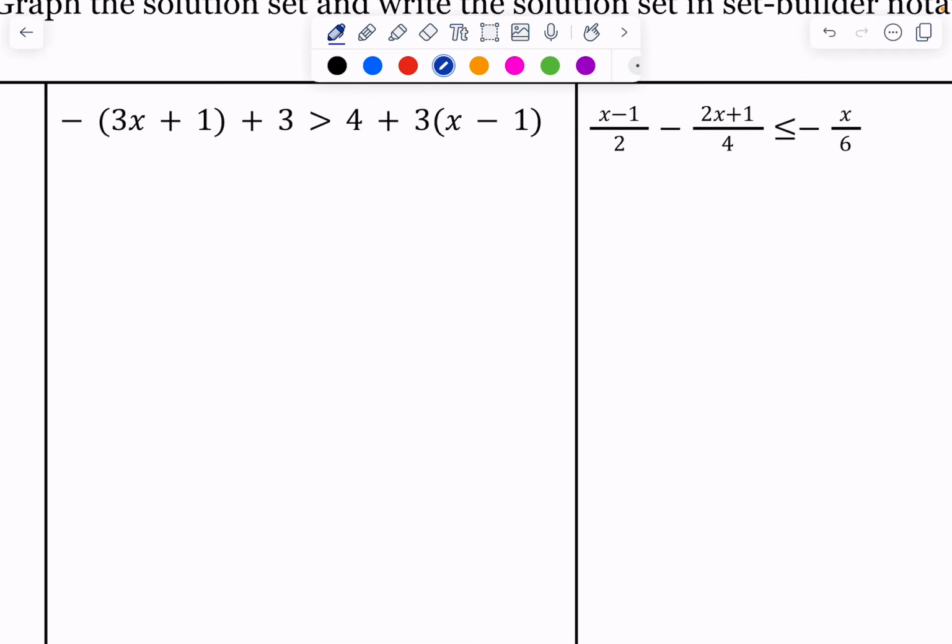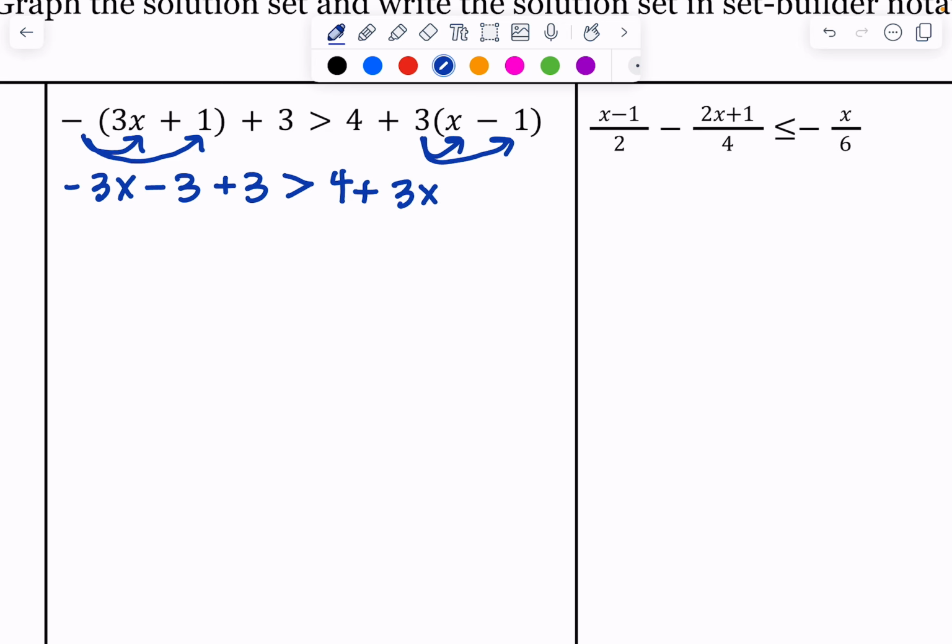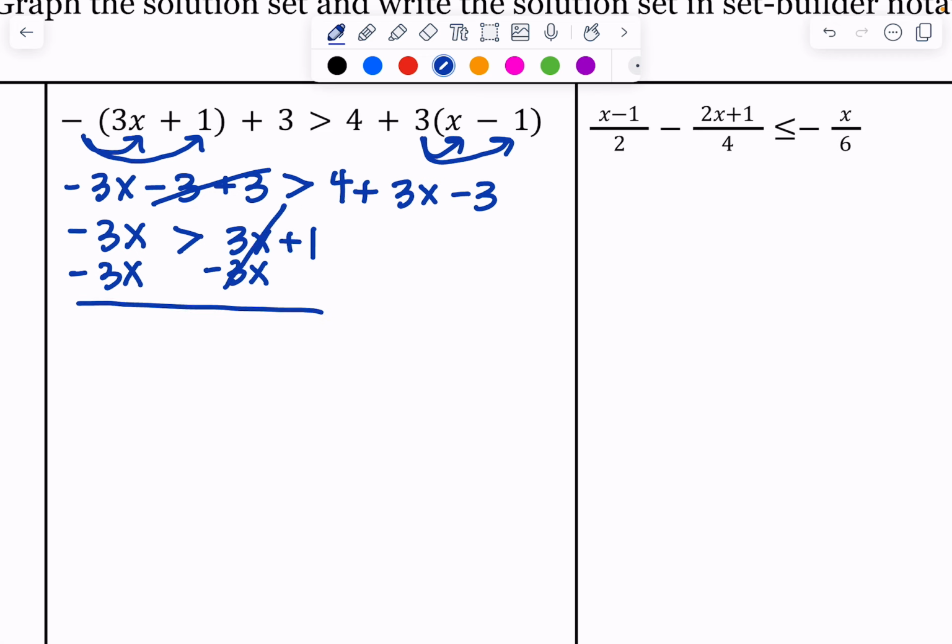All right, for this middle one, we need to simplify first, so we're going to distribute this negative. So we have negative 3x minus 3 plus 3 is greater than 4 plus distribute 3x minus 3. Combine some like terms, we've got 3x here, these go to 0, is greater than 3x plus 1. Subtract 3x on both sides, and we've got negative 6x is greater than 1. Divide by negative 6, and again, when we divide by a negative, that flips our inequality, so now we have